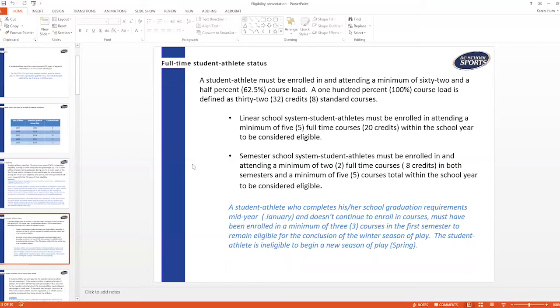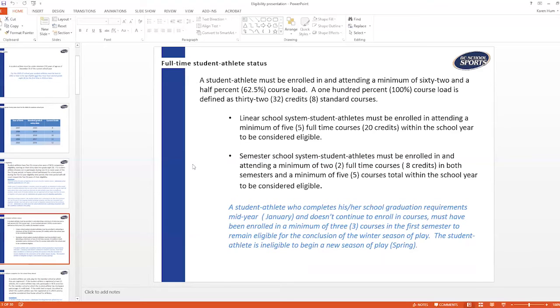And if it's a semester school system, the student must be enrolled in and attending a minimum of 2 full-time courses, 8 credits in both semesters, or a minimum of 5 courses in total within the school year to be eligible. The exceptions to this, so if a student who